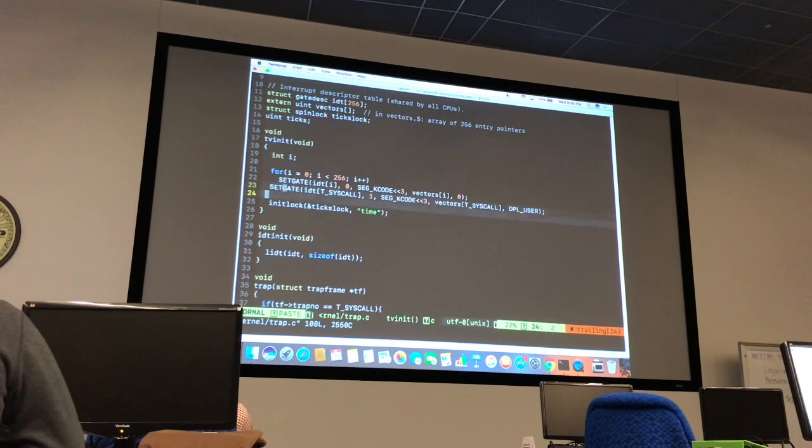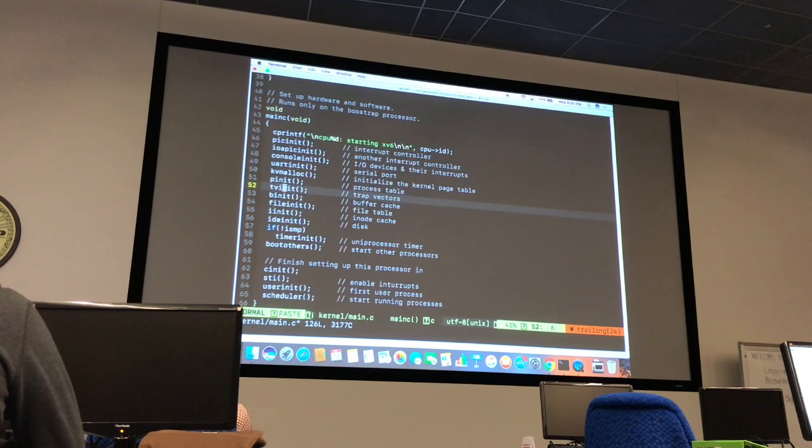So this is what is happening here. The trap vector init just does that, okay? It just sets up the trap vector table in the memory. After doing that, it does